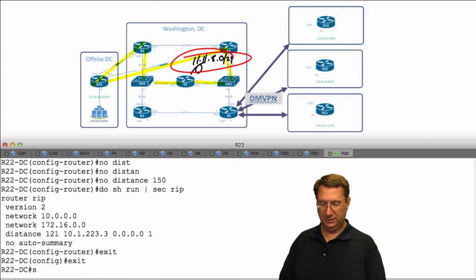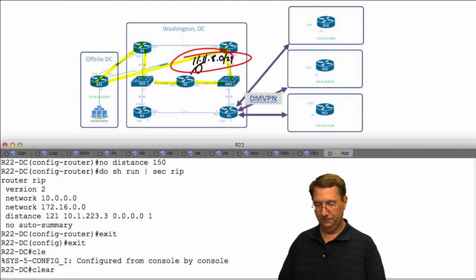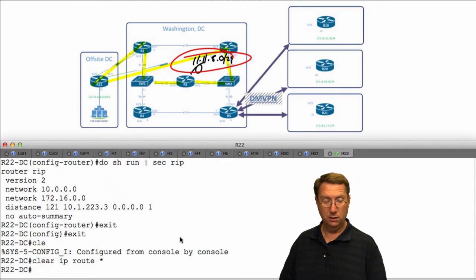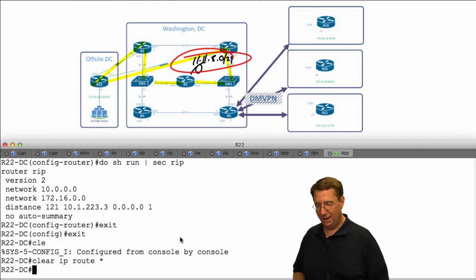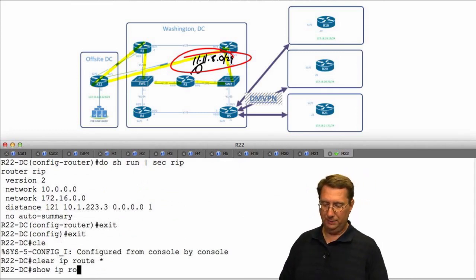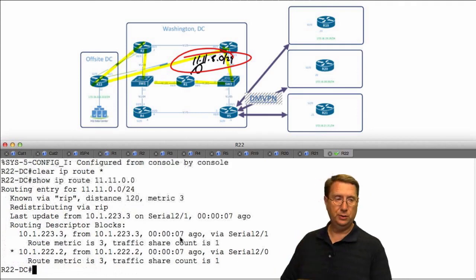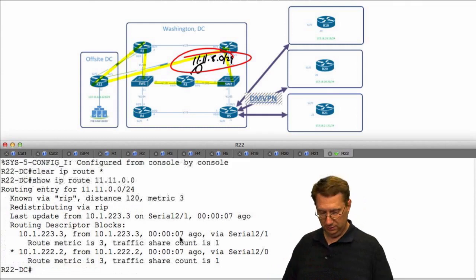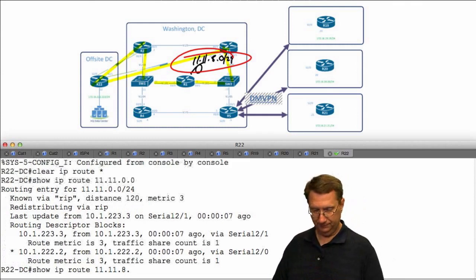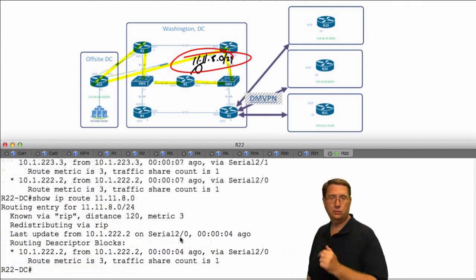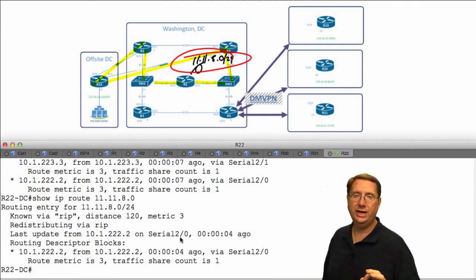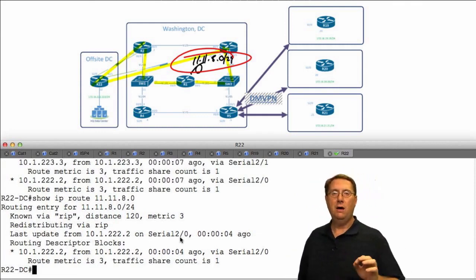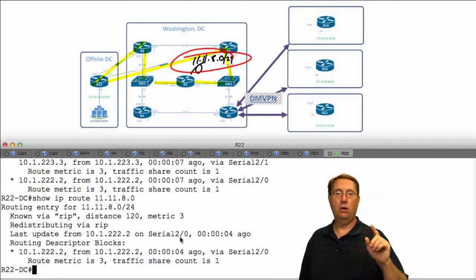Exit, exit, clear IP route star, and then wait for everything to come back up. Show IP route 11.11.0.0, two prefixes, R2, R3. Let's take a look at 8. One prefix through R2, because again, we arbitrarily changed the administrative distance on the prefixes that we're learning from R3